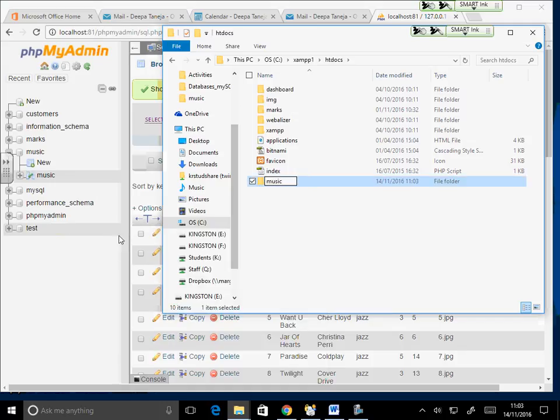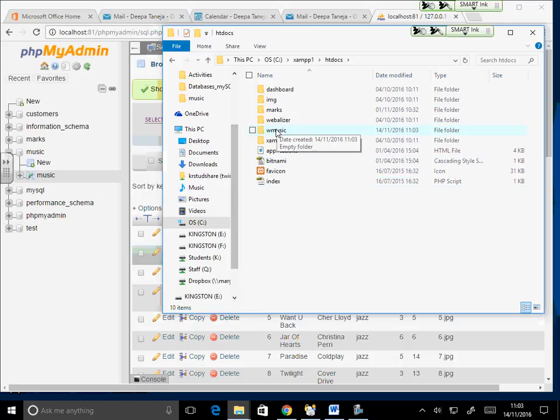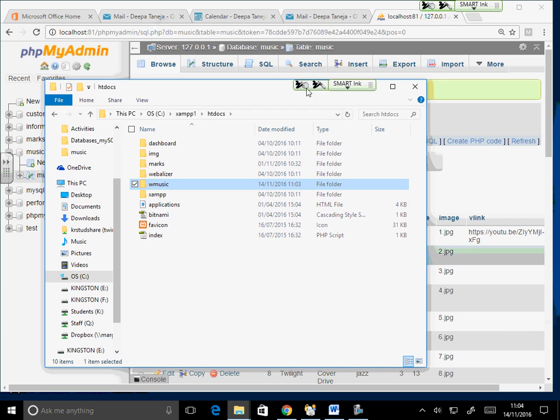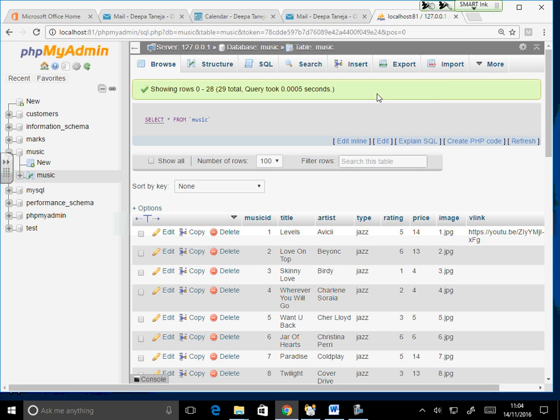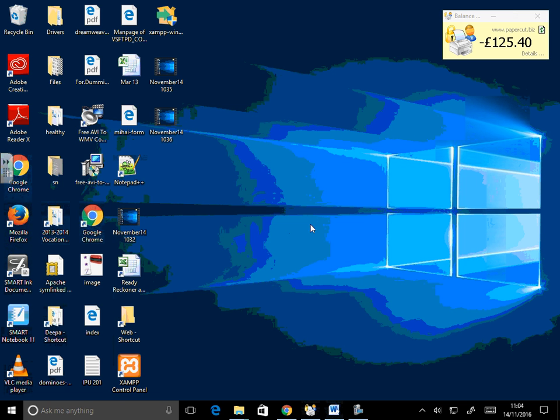I'm just calling it W music. I've called my folder W music. Is that right? In my htdocs I have called my folder W music. Is that okay? Yes. Is that fine? Yeah? So close this. We don't need to look at this at the moment.